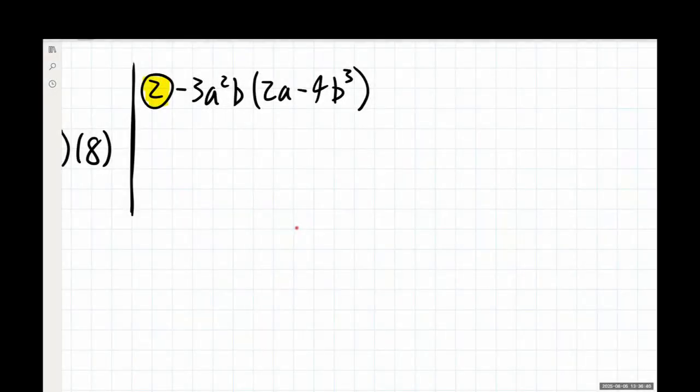We'll take a look at example 2 now. And once again, I'm seeing that I have a lot of variables showing up, but hey, I'm telling you guys now, guess what we're going to use? The distributive property. Same thing like we did before. It's just going to be the monomial in front distributing to everything inside here, and then take any extra steps that you need to actually write that out for yourself.